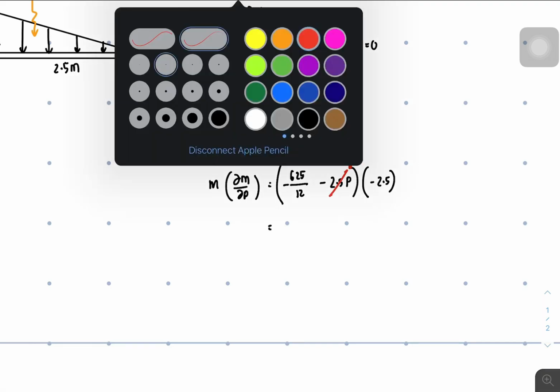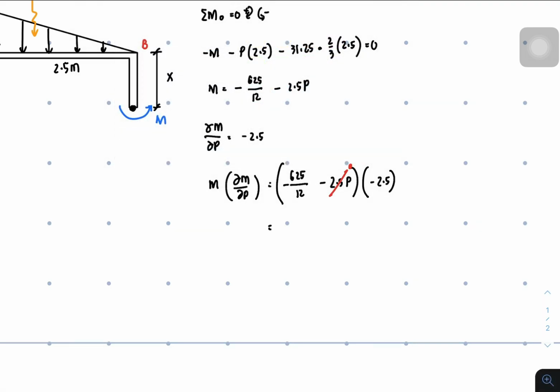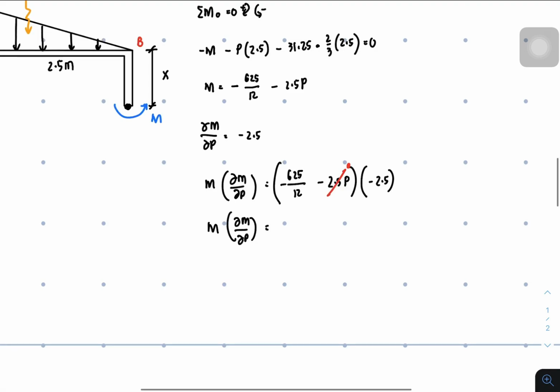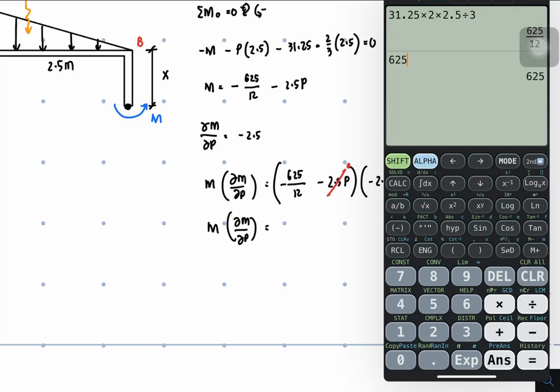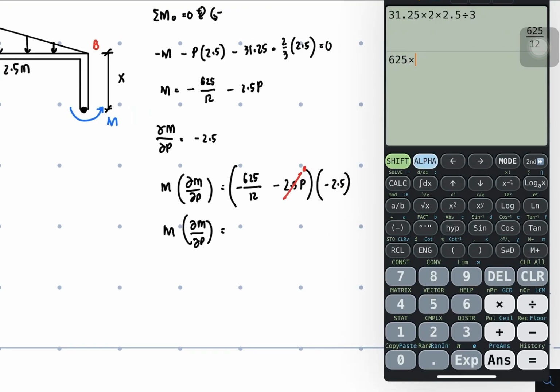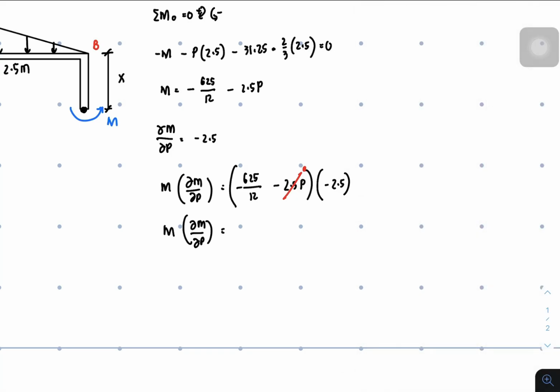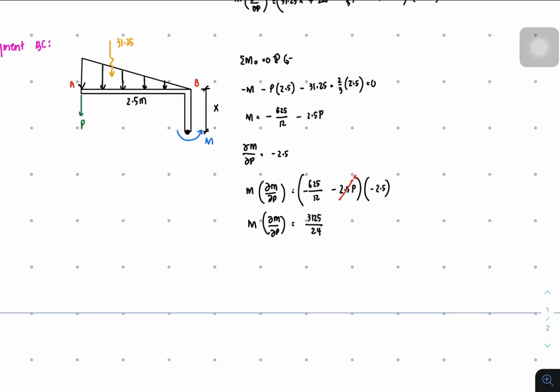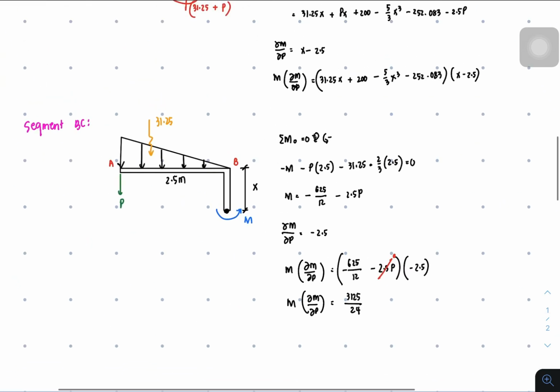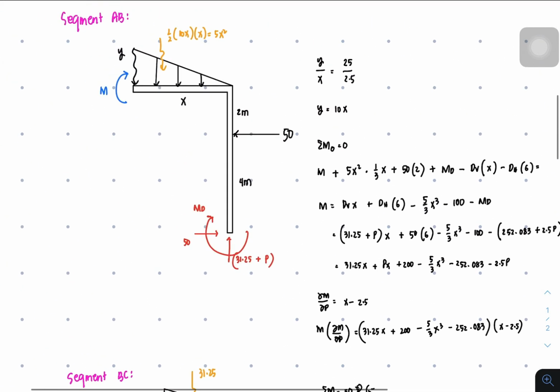Also, we can set this to 0, so we can transform that into a positive product. So this is 625 times 2.5 divided by 12. It's 3125 over 24. 3125 over 24. That's segment BC. Let us proceed to segment